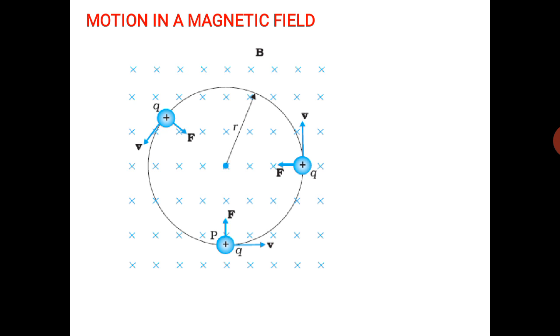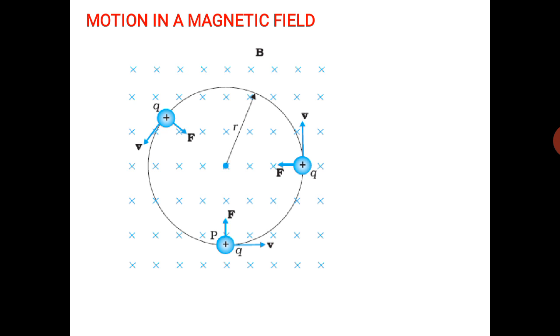Here there is a magnetic field B. We can say it is a uniform magnetic field B, and the charge Q is moving in the magnetic field B, and the direction of V is perpendicular to B. So then what happens? That charged particle experiences a force, and which is perpendicular to V and B,